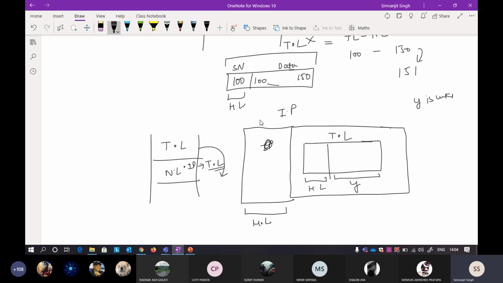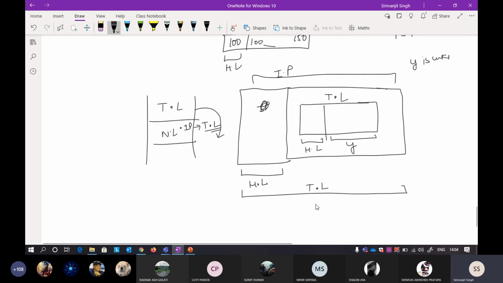Now IP has a header length field as well as the total length field, so take advantage of it. This is the header length, and suppose this is x. I do not know x and I do not know y at that moment.